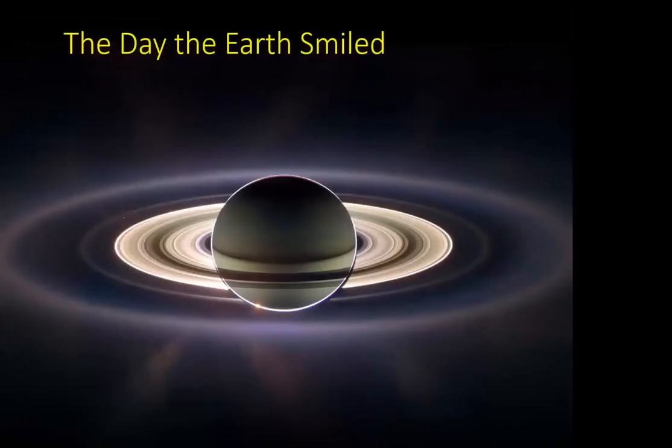Now, this is a picture from the Cassini spacecraft of dust and the dusty rings around Saturn, and it's the day the Earth smiled, because I believe this little dot here is the Earth, and they arranged to take this photograph and tell everybody that there we are, a little arrow marking it out, that everybody should turn their face up to the sky and smile. Of course, half the people on the Earth would have been looking in the wrong direction at that point, because they would have been on the other side of the Earth, but at least half of the population was perhaps able to smile in the direction of this photograph.